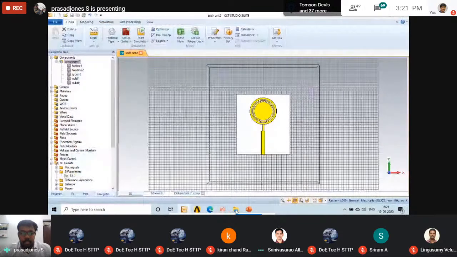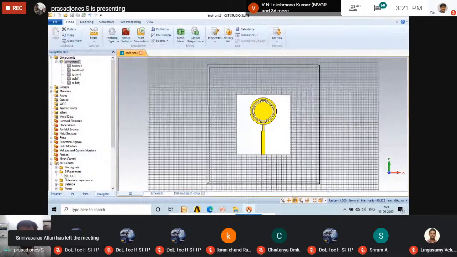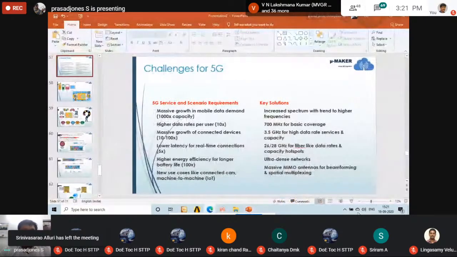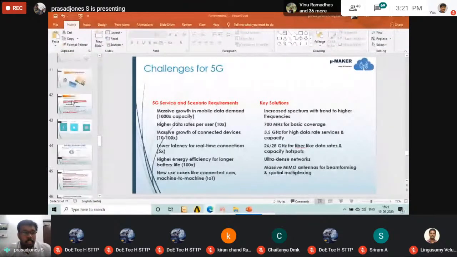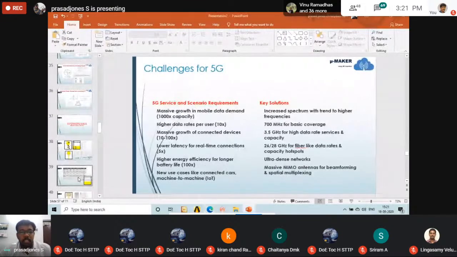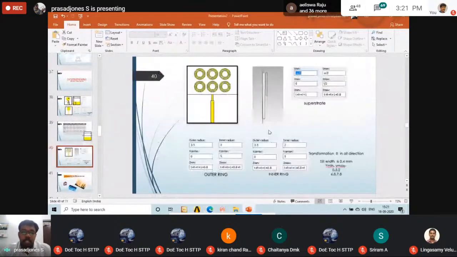And the next step is, we have to design this shape, that is the superstrate. On top of this superstrate, we have to design the periodic SRR rings, and the dimensions I have already chosen here, and the superstrate dimensions are available here, right? So I'm just going to